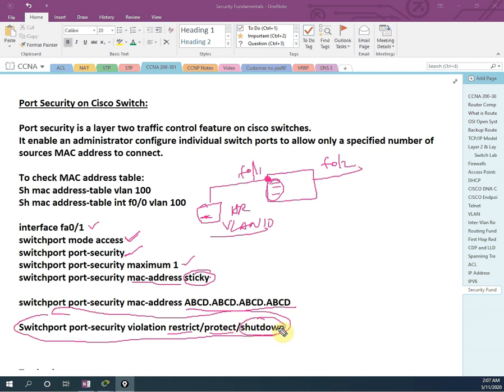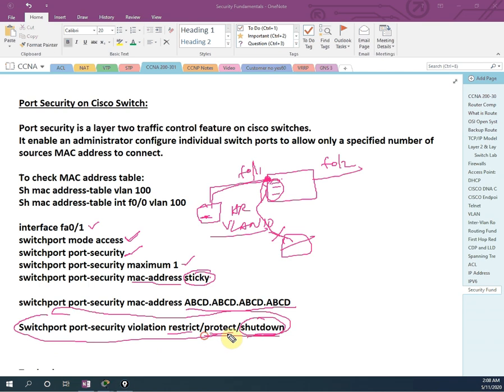So what will happen? Shutdown means whenever another guy comes and connects to this port, this port automatically shuts down and he cannot access. Even if he moves away from this place, this port is always down. Next day when this guy comes and accesses, that time also this port is down. So manually we need to go and bring that one up. So if we keep shutdown, and by default this is enabled.